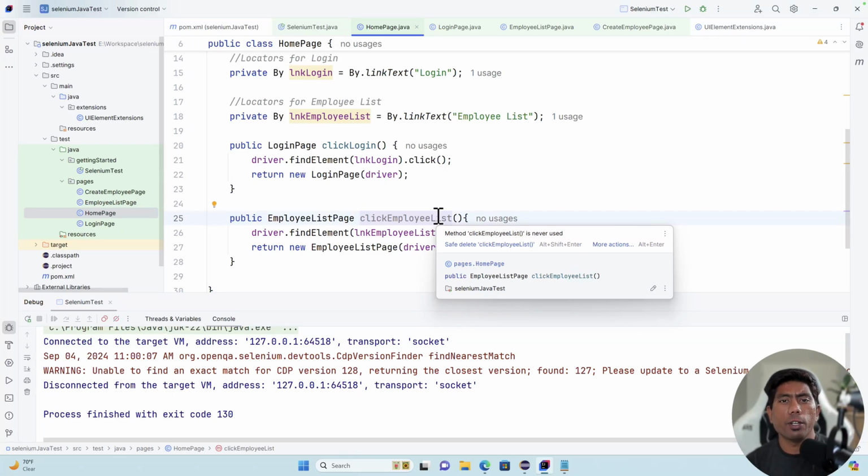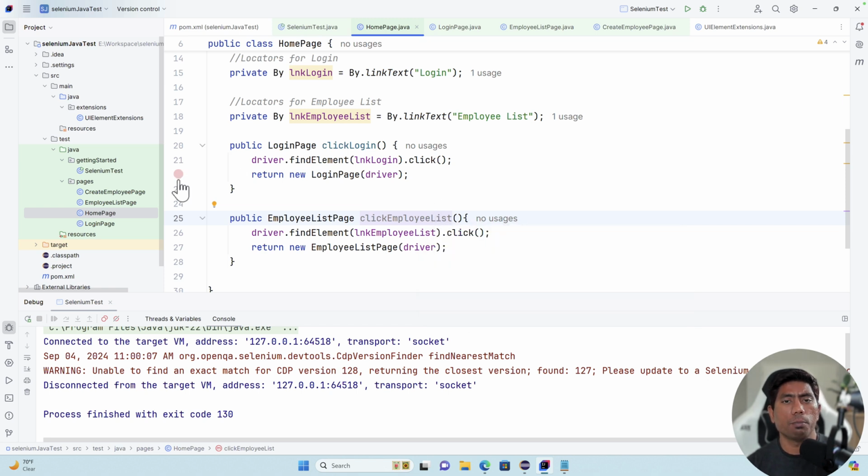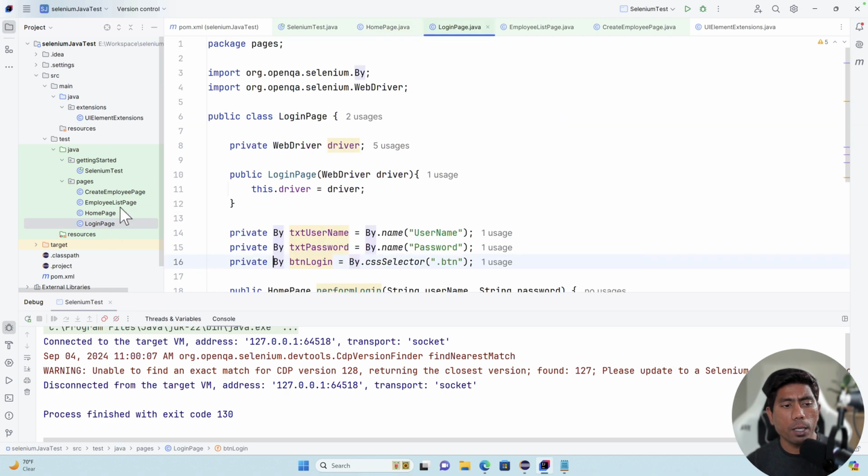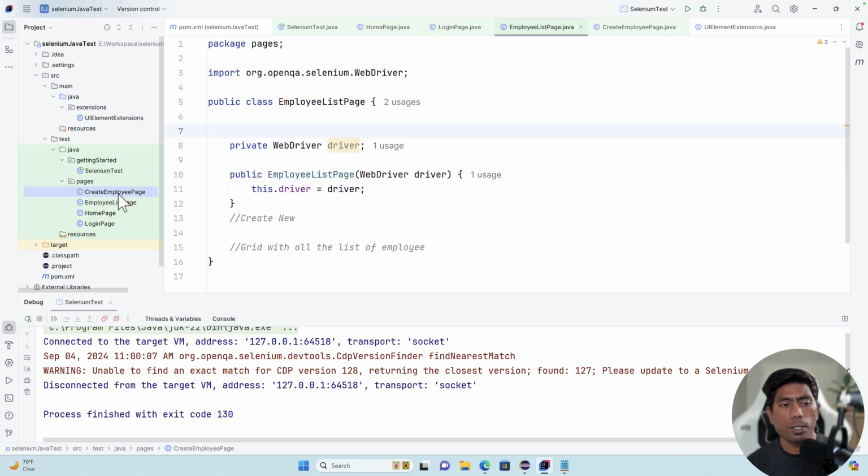And in this session, we are going to be continuing the same page object model code that we were discussing in our last session. If you remember, we were trying to understand what page object model code is, why we need it, and how to write it by creating multiple different pages pretty much aligned with the application under test. So you can see that we have a login page, a home page, an employee list page, and